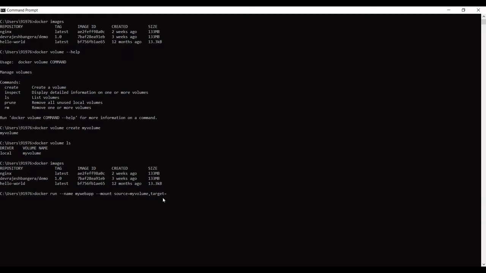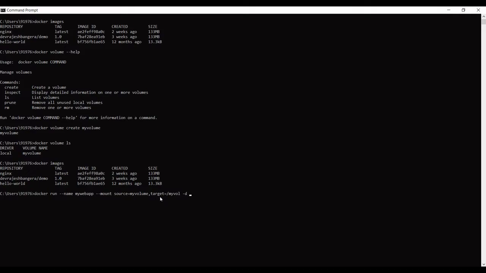Target is the path where this volume will be available on the container. I will use target as maybe /my_vol. I want this container to be running in detached mode, so -d.